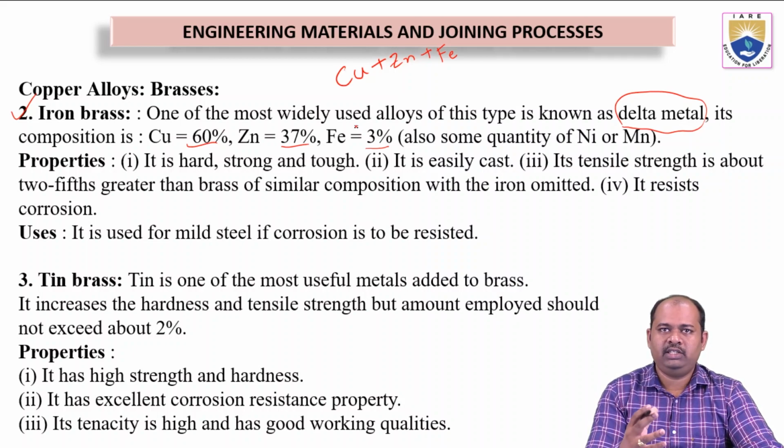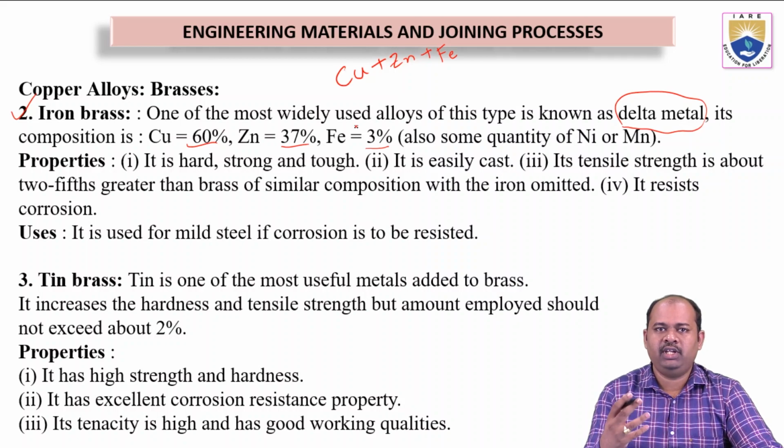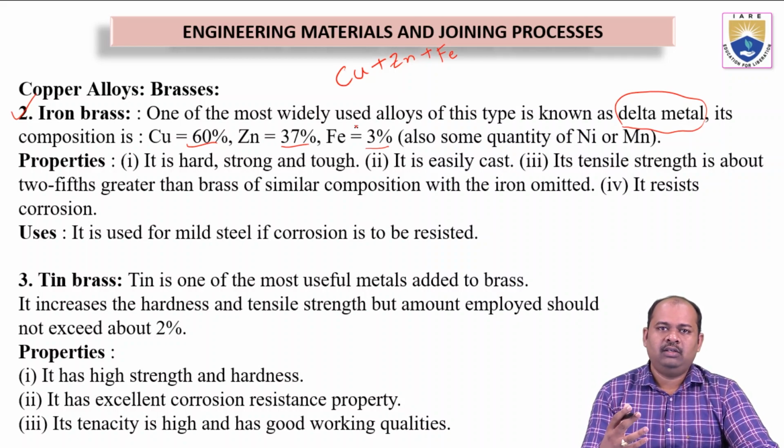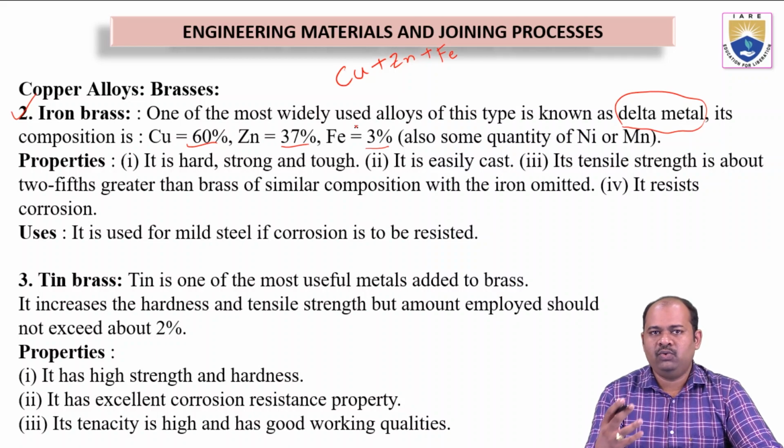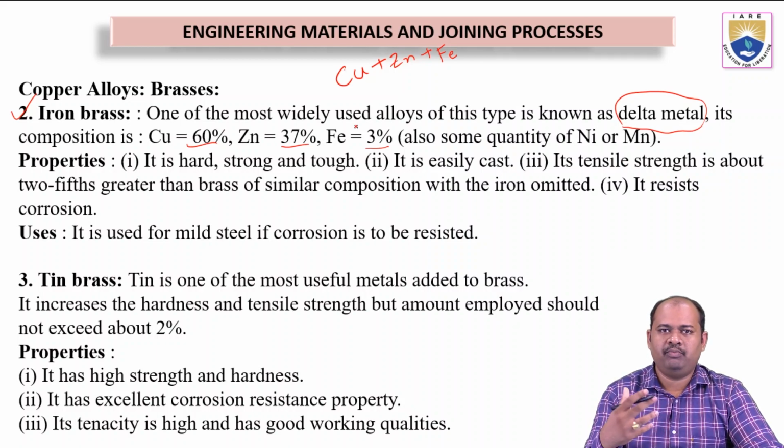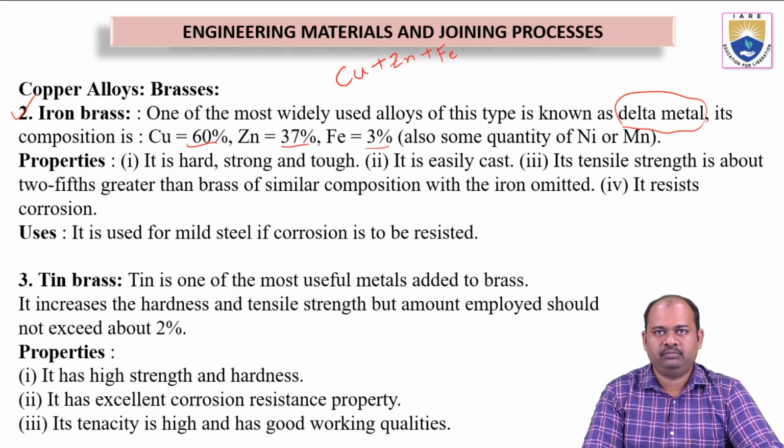So let us see what the properties are, because iron is a very good load bearing metal. It has very good strength and tensile strength when we compare hardness, toughness, etc. So it is hard, strong and tough. So all the good qualities of iron are brought to this copper. Now it is easily cast also, similar to iron. Where we want to cast it into a required shape or size, we can easily do that with the help of